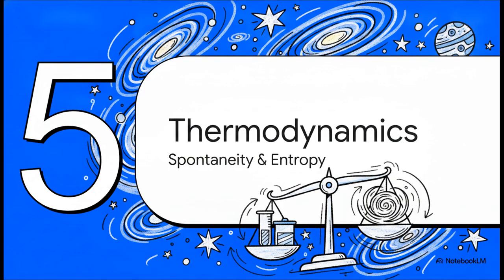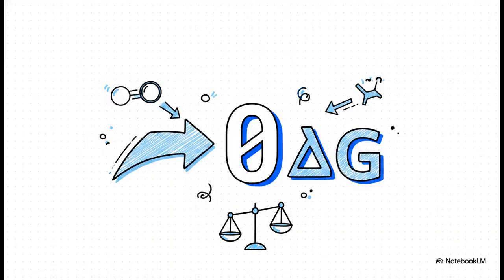And finally, Section 5, Thermodynamics of Equilibria. Let's zoom out a bit. Beyond the test tubes in closed containers, there are these massive, cosmic rules governing the spontaneity of this entire balancing act. This giant zero represents the exact value of the Gibbs free energy change, or delta G, when our system